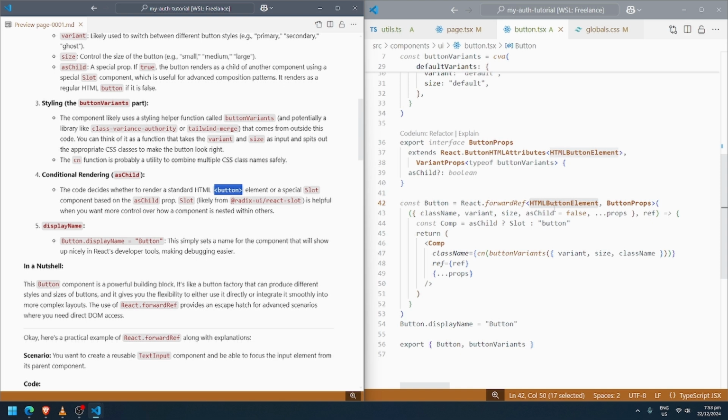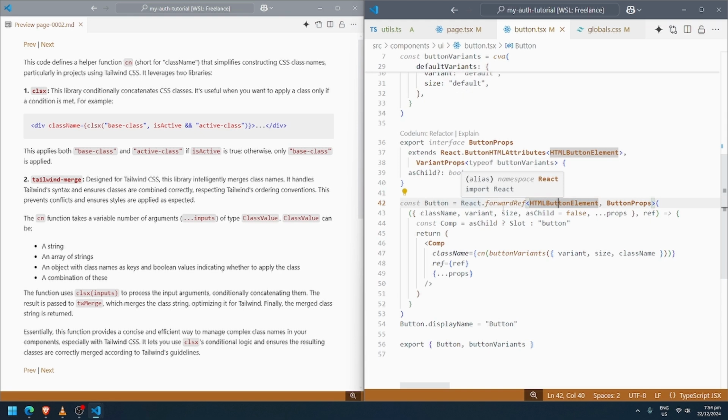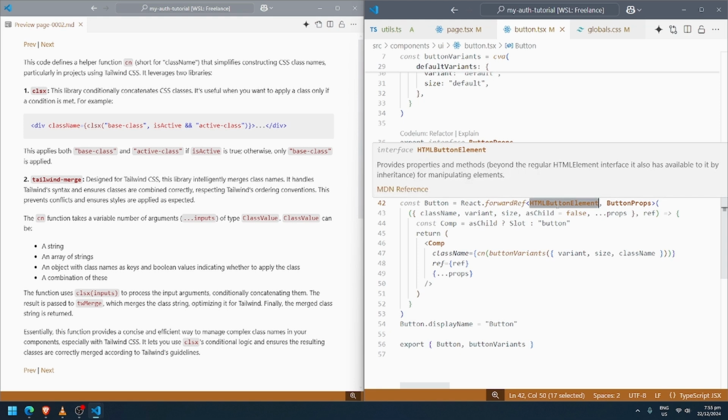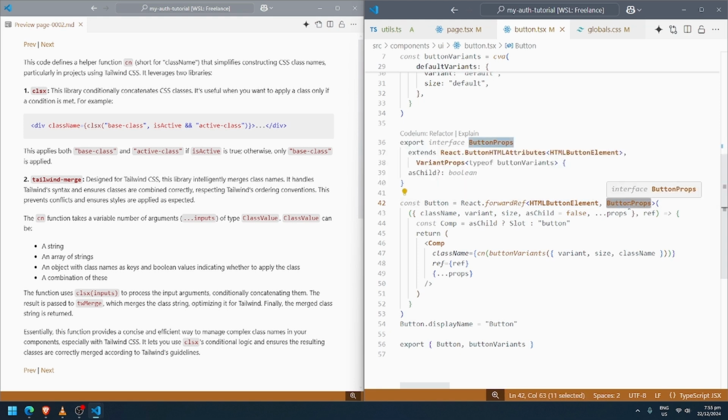And then here, since this is a function, so React.forwardRef creates a forwardRef component, and this parameter here refers to the target DOM element, and then this one specifies the acceptable props for this component or function.